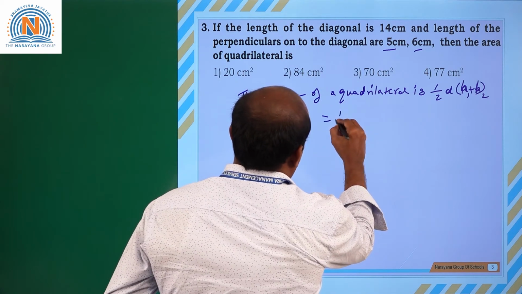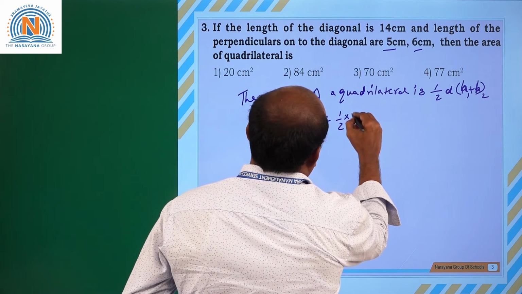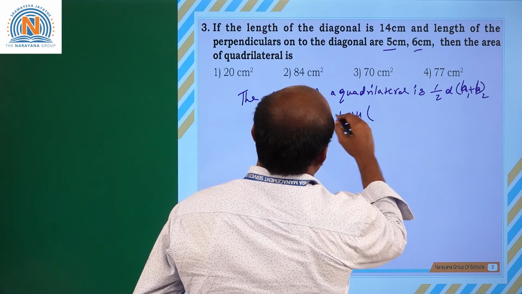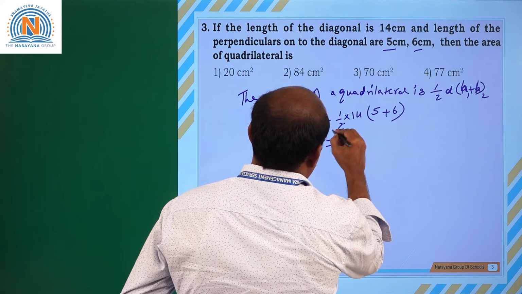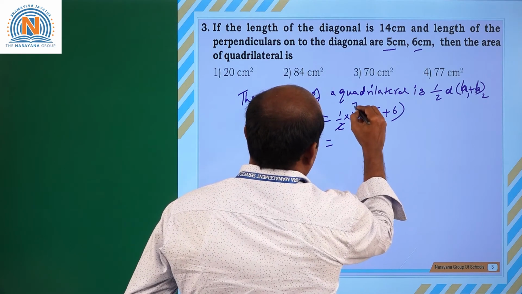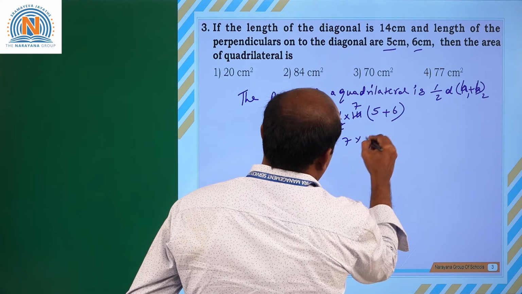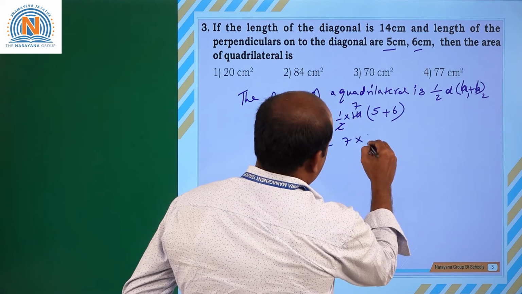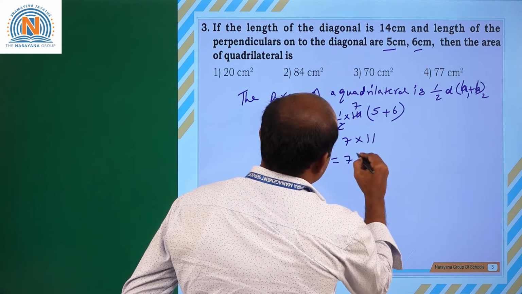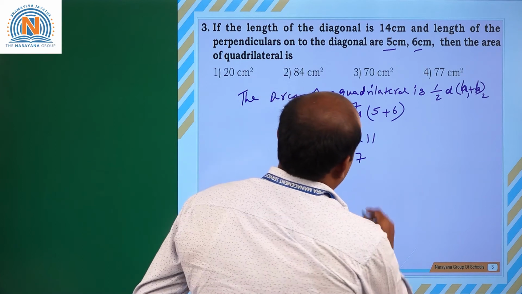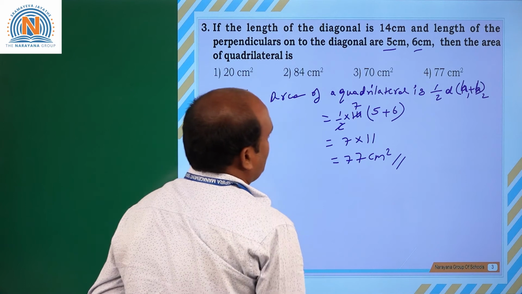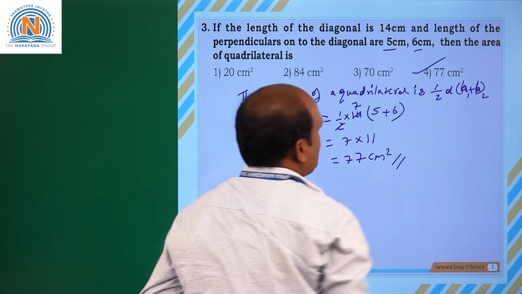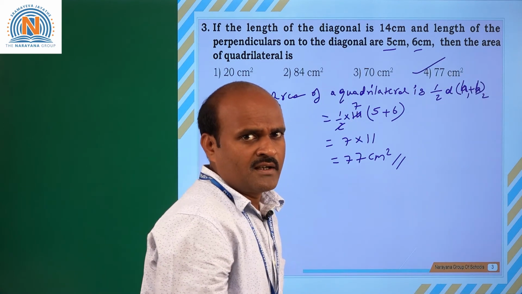That is equal to half into what is d? 14 into h1 plus h2, that is 5 plus 6, that is equal to half into 14, 2 ones are 2, 2 sevens are 14, so 7 into 5 plus 6, 11, that is equal to 77 centimeter square. So the area of a quadrilateral is 77 centimeter square, that is option 4 is the correct answer,